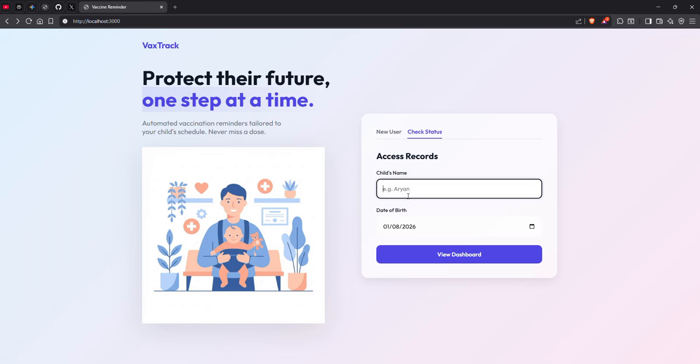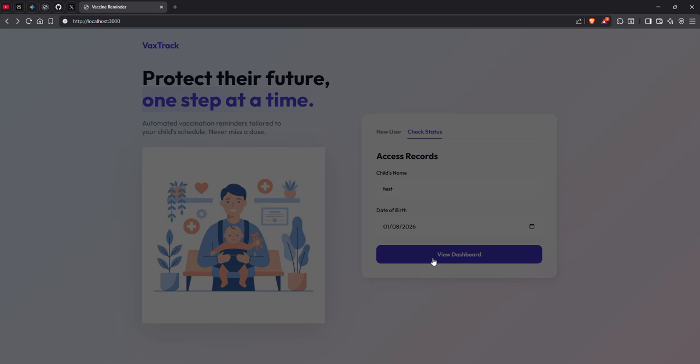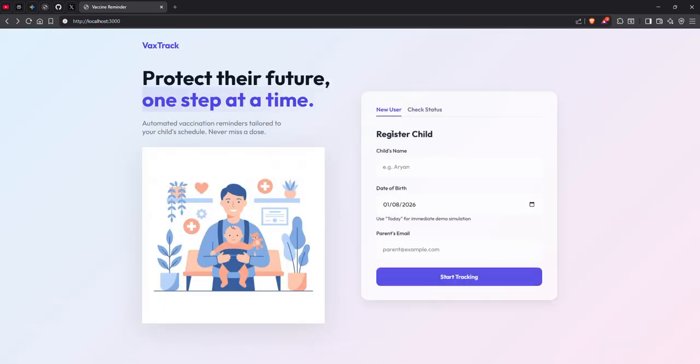execution part. So here I will just use test. The guide test has been born today. So now I just check it in view dashboard. Child not found. Basically, I have not registered myself. Here I come to register, which is test again,